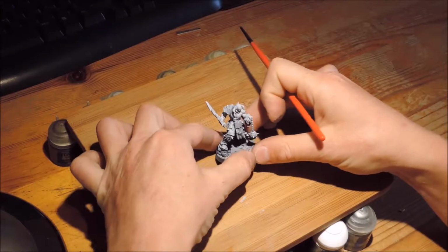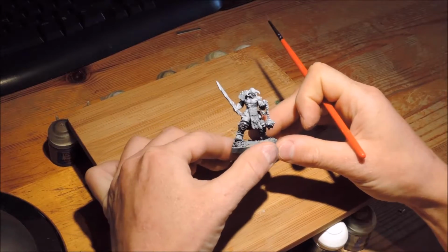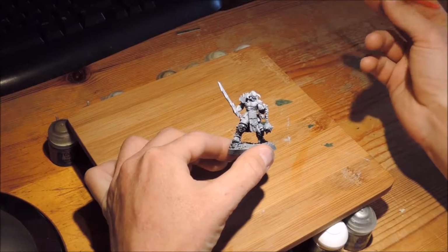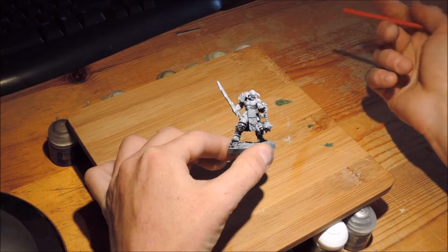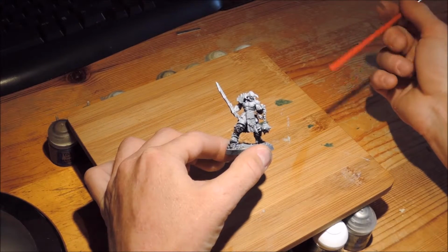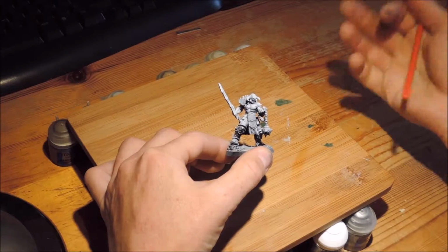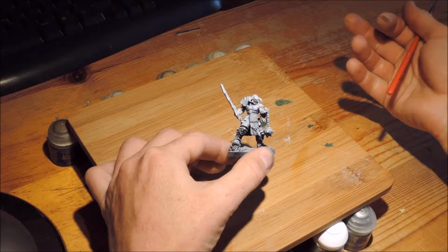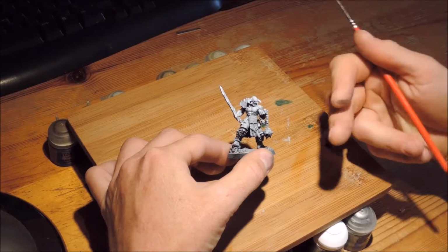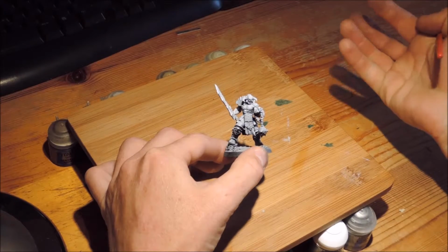So this will be a Tzeentch figure. I'm doing this from a distance here, but you still should be able to see it because I've got the paints to show as well. Tzeentch, lovely colours. I've always liked Tzeentch. One of my very first figures that I did well was Tzeentch. So we're talking turquoise, purples, oranges, golds. Obviously this figure isn't very Tzeentchian even with the emblem scraped off,